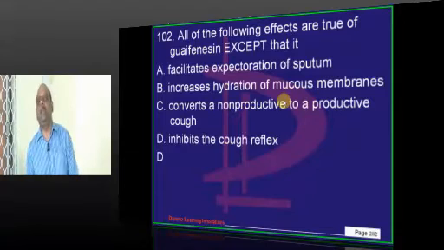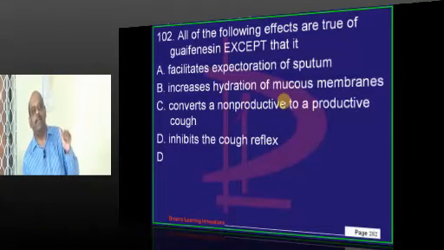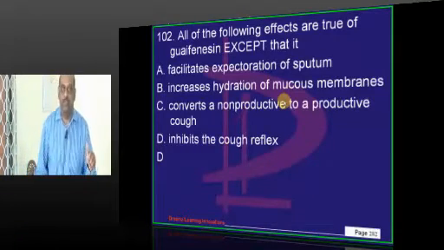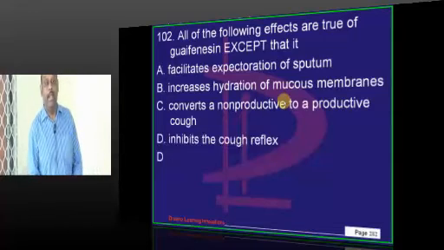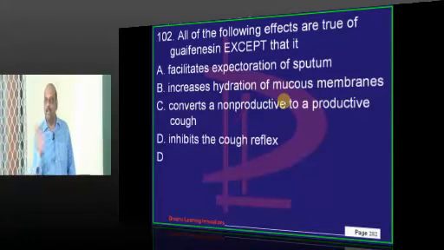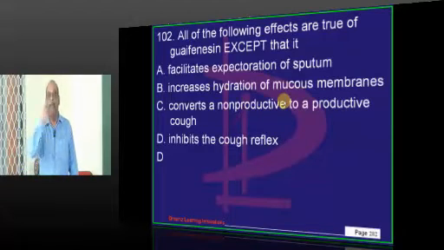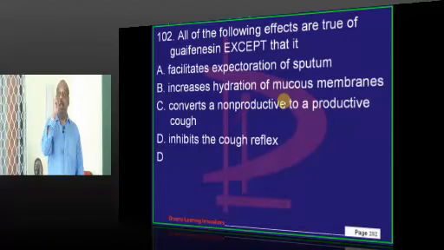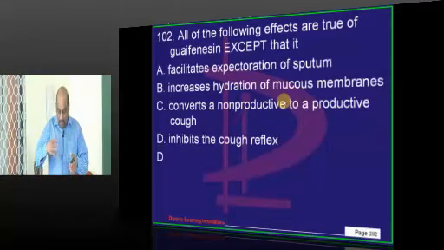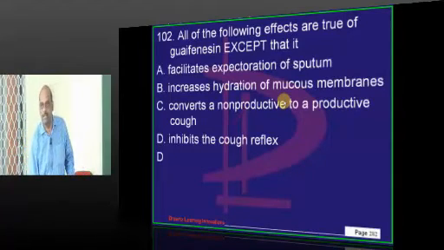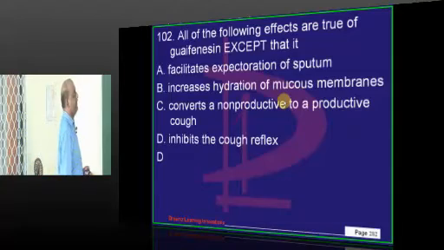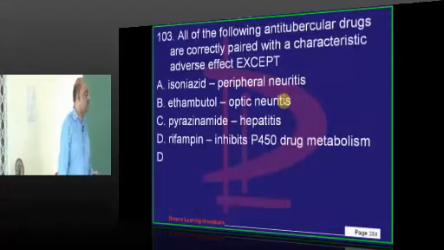For all expectorants, for them to act, what is required? If you give an expectorant, a non-productive irritative cough converts into a mucus producing productive cough, so that you will bring out all that mucus. That is the idea. Okay, so they need to be hydrated well, then only the mucus forms and you can bring that mucus out. That is the idea behind giving expectorants, is what needs to be remembered.